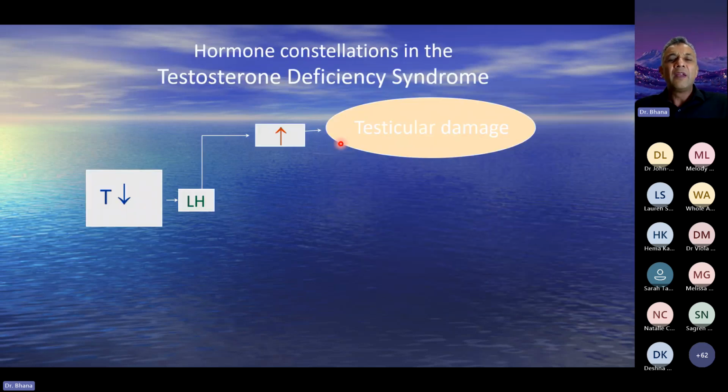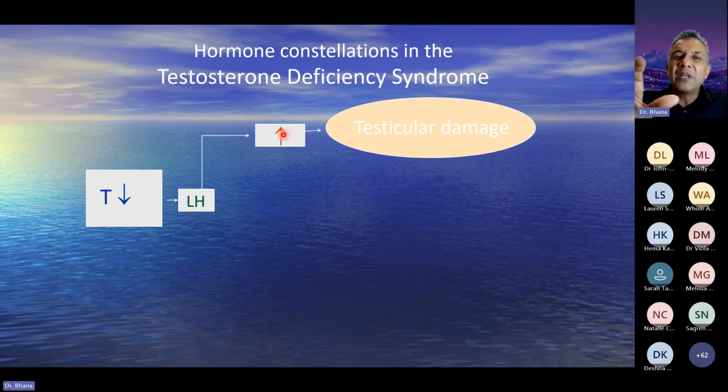So here we go. Once you've established on 2 separate visits, measuring your testosterone levels early in the morning, hopefully fasting, and your levels are below 12, now you've established that the testosterone is low. So we need to figure out where the problem is. So you do an LH. If the LH is high,